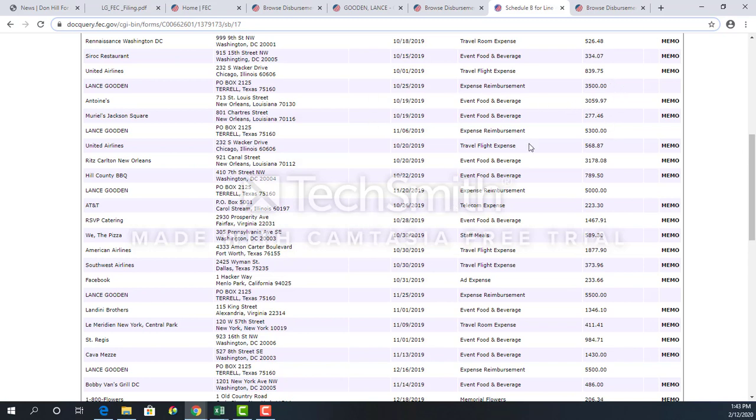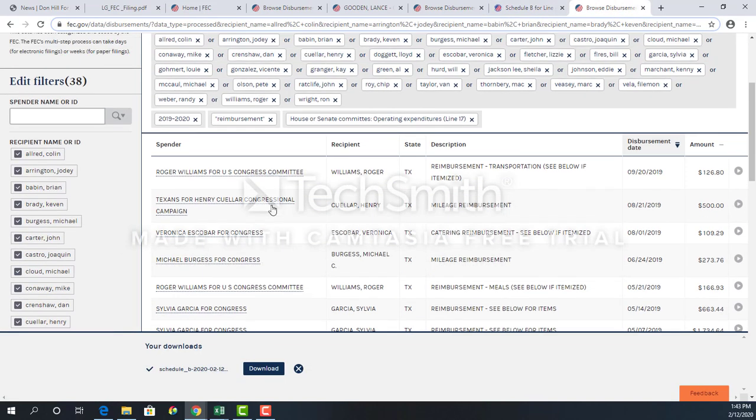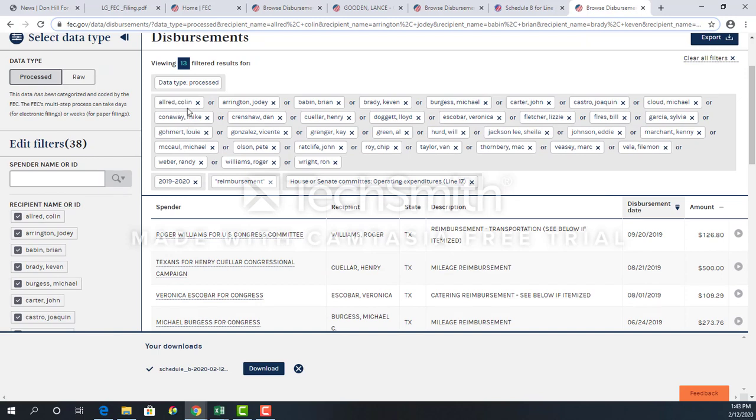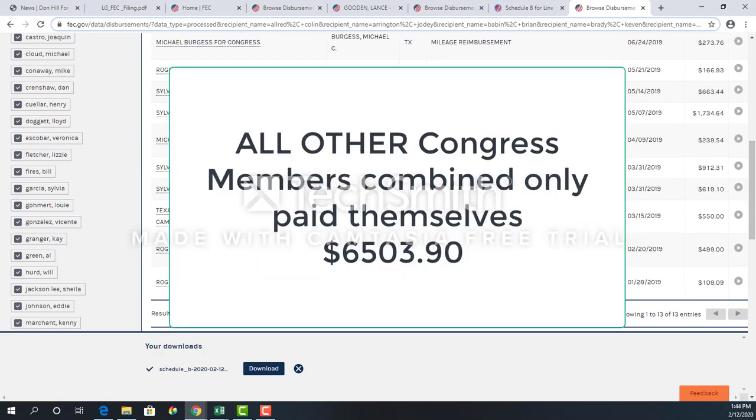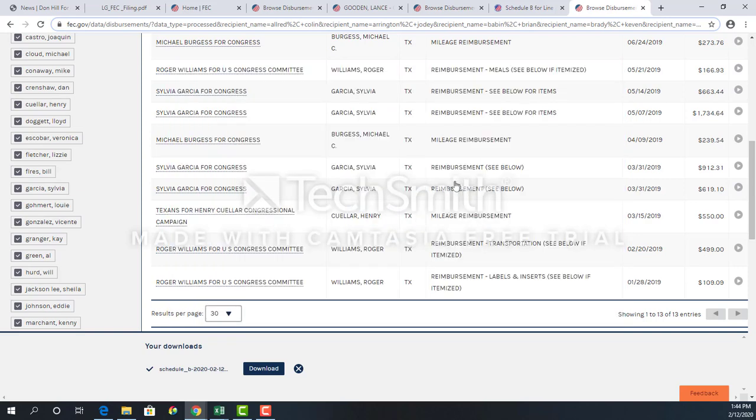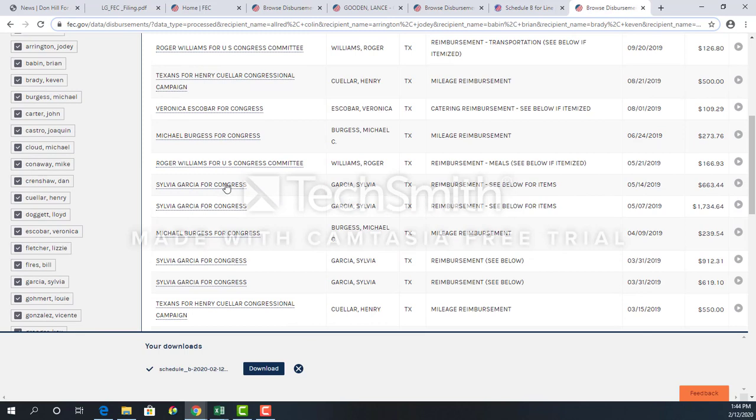So you go into the system again, and we just went in and put in all the searches. Here's a search that has every single Congress representative from Texas for the 116th Congress in the search parameters. These would be reimbursements that committees have paid directly to these candidates. And remember, this is all the other candidates. There's 13 of them that were paid directly from the committees to the candidate themselves. If you add these totals up, it comes to just over $6,503. So every other representative in Texas paid themselves from their committees just over $6,503, while Mr. Gooden paid himself